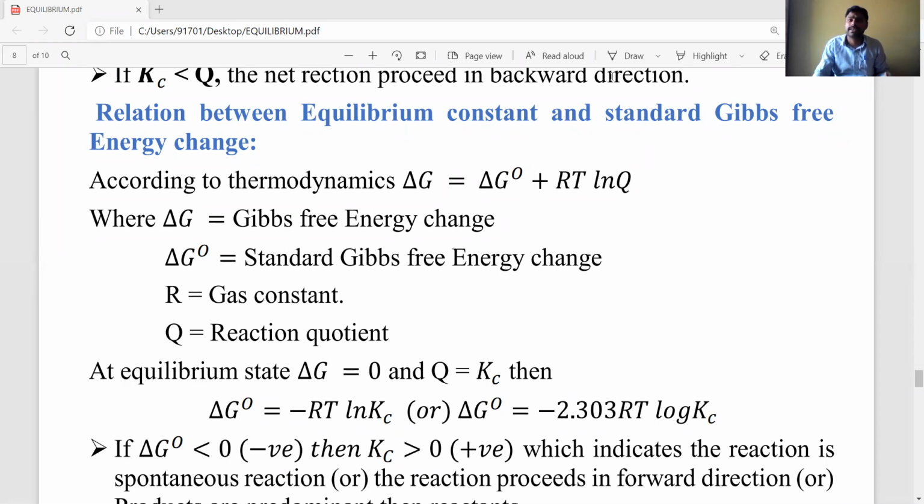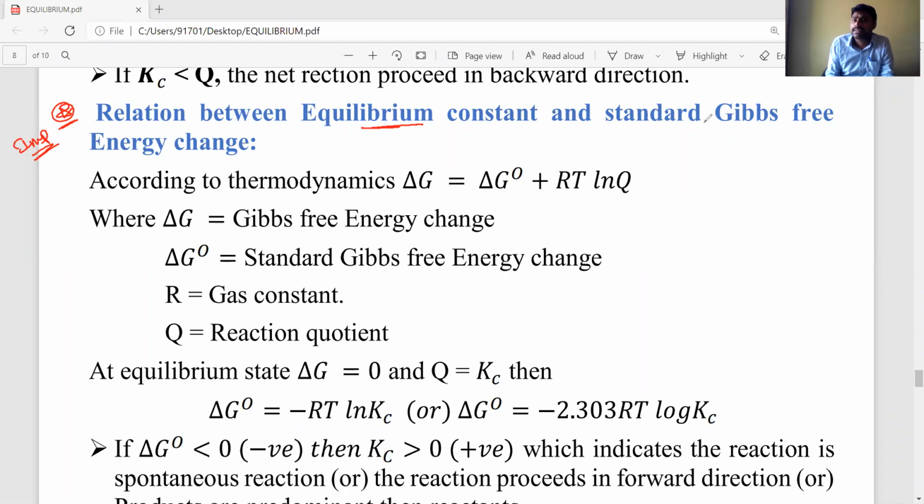Next, a very important relation. Compulsorily, they ask questions from this formula in the NEET and JEE examinations. You have to remember the formula directly, and with the help of these values we can also identify the direction of the reaction. So the relation between the equilibrium constant, meaning either Kp or Kc. Here in the equations I used Kc only. If you are interested, you can take Kp also, no problem.